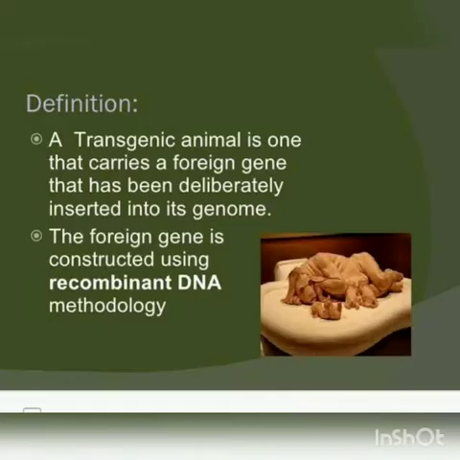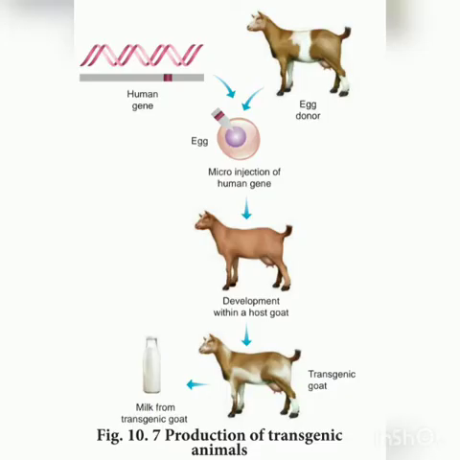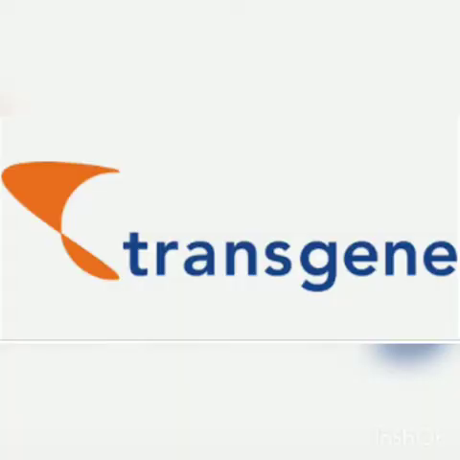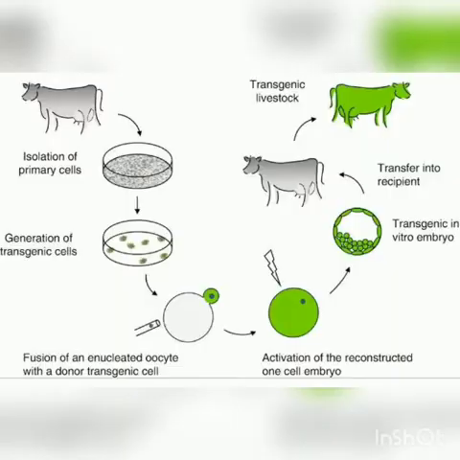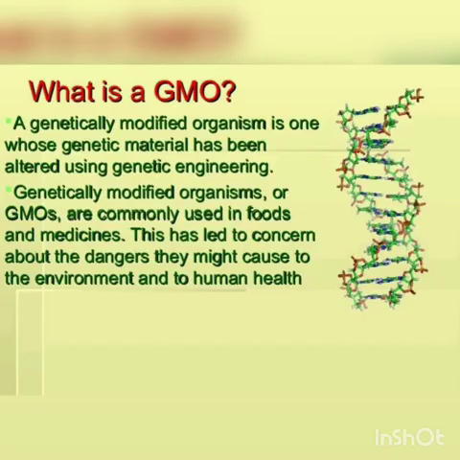It is a process of introduction of extra DNA into the genome of an animal to create and maintain a stable, heritable character. So in order to get our desired quality of an animal, transfer of the desired gene is possible with the help of this transgenesis. The foreign DNA that is introduced is called a transgene, and the animals that are produced by DNA manipulation are called transgenic animals. It is also called genetically engineered or genetically modified organisms.